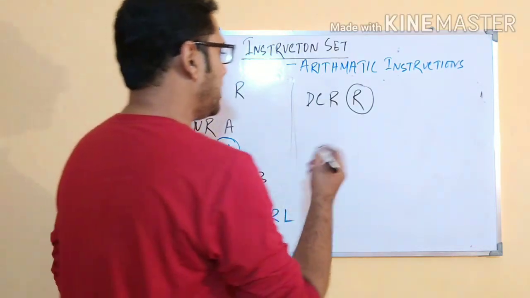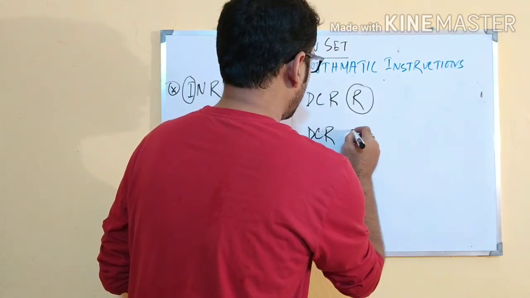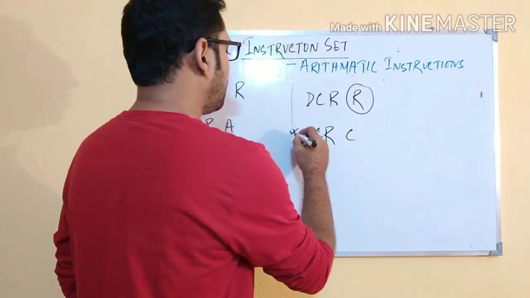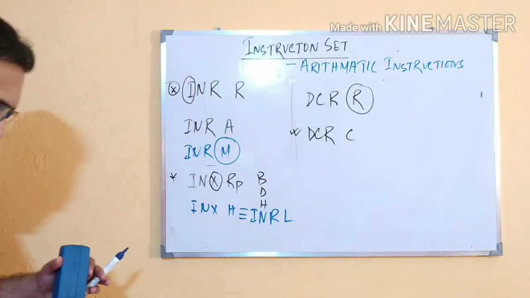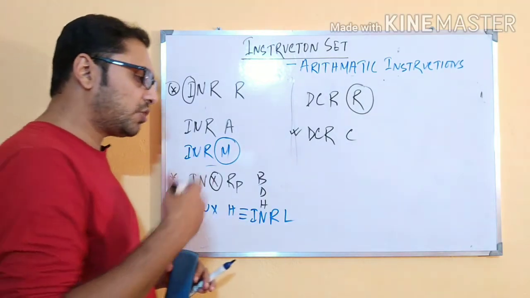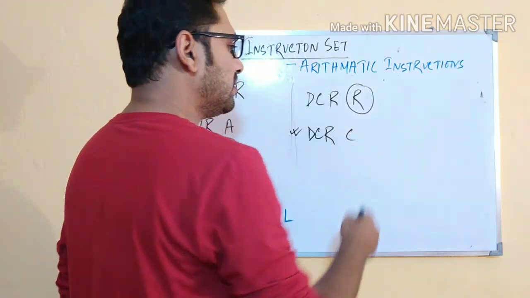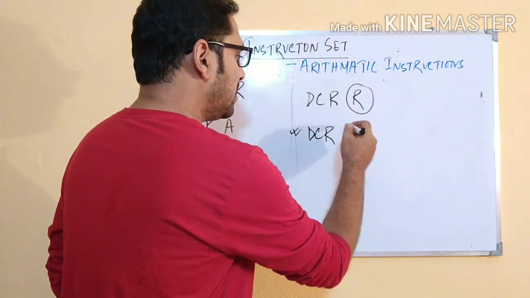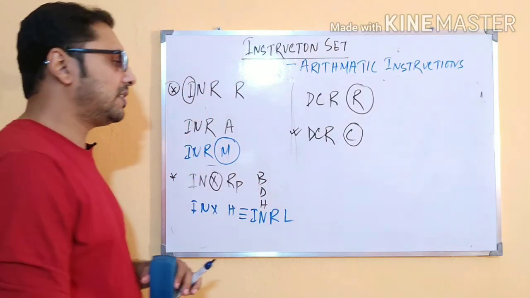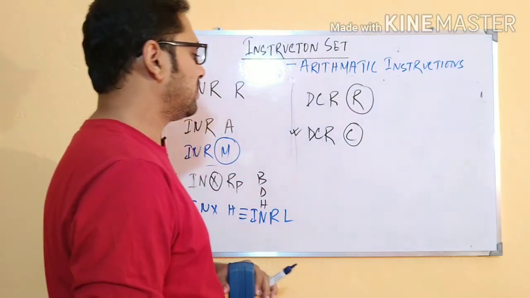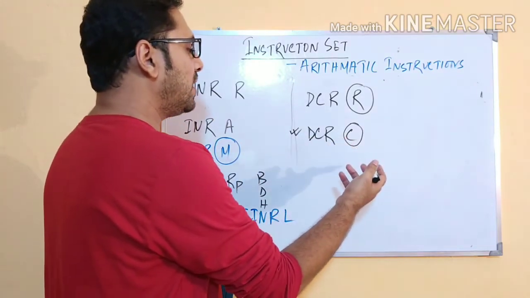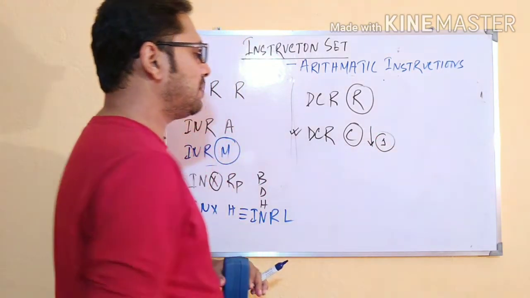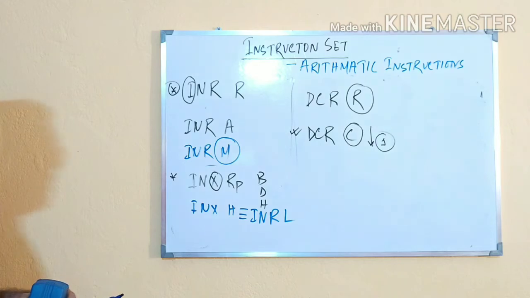So take an example here, DCR R, that is DCR C, suppose. This particular instruction is very useful for most of the programs where we need to implement a loop, because C can be used as a counter. So DCR C means we are basically decrementing the value of the counter. Okay, that's a different story. For here, remember DCR C means we want to decrement the value of C by 1. Similarly, we can perform decrement